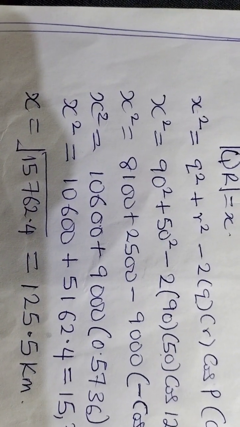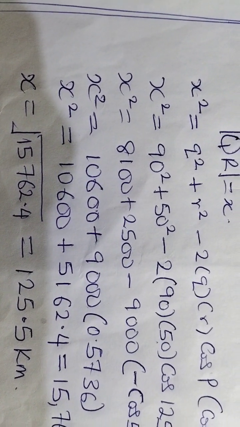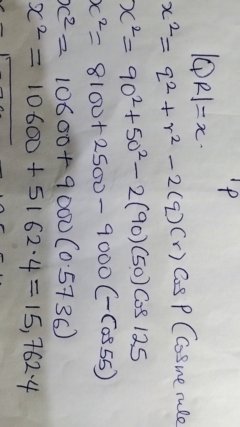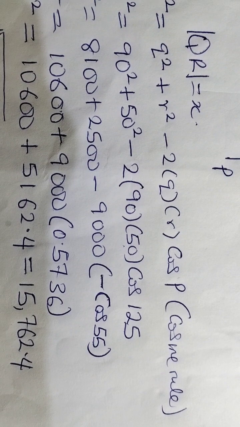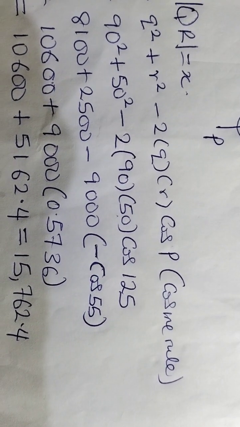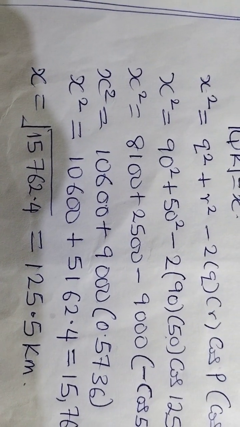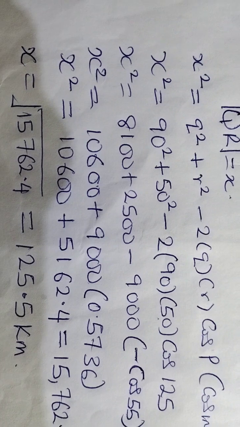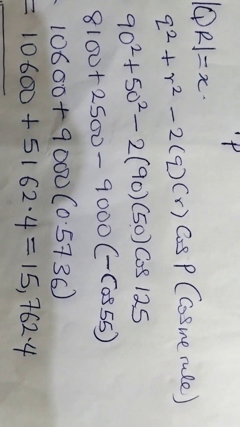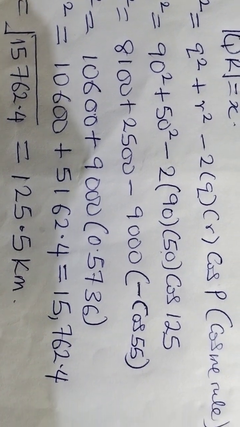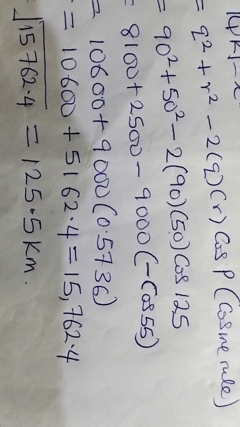Then S squared, 90 squared gives us 8100 plus 50 squared is 2500 minus 2 times 90 times 50 gives us 9000, and cos 125 is written as negative cos 55. Then 8100 plus 2500 gives us 10,600. Then minus times minus in bracket gives you plus. Then 9,000 bracket opens, cos 55 is